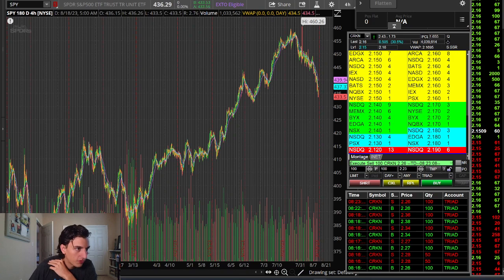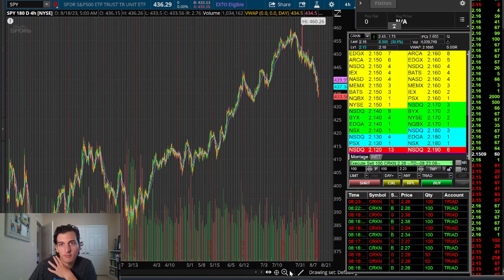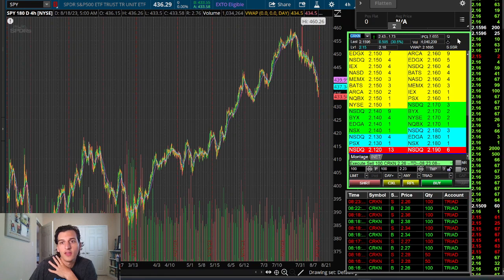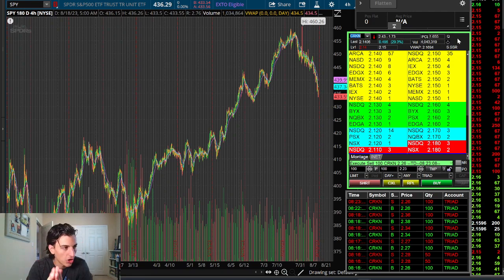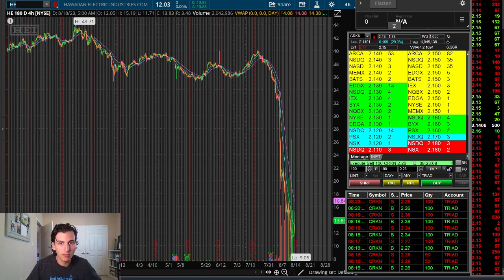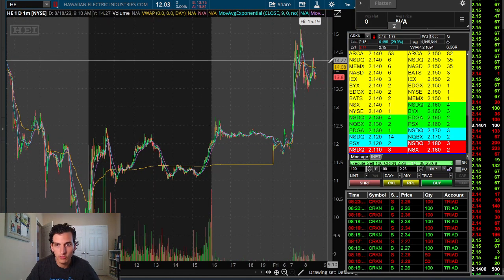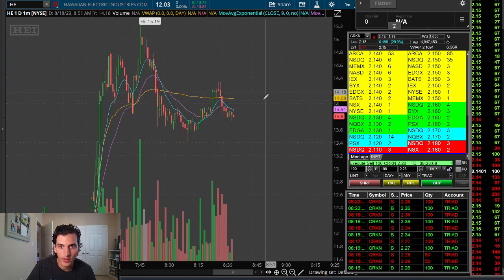So first off, on this main screen, we have SPY taking a dump, of course. So fear's back in the market, but here we have the level 2. I want to line this straight up with my charts just so I don't have any problems looking away from the chart to look at the level 2. I don't want the level 2 being too far away from where I am trading on the chart,